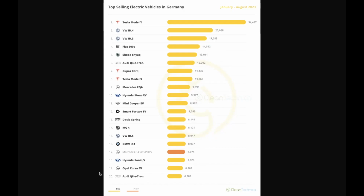You got the ID4, which is a small crossover like the Model Y. The ID3, which they don't sell in the US because it's too small. The Fiat 500e, which doesn't sell in the US because it's too small. The Skoda Enyaq, which is like a Skoda version of the ID3 or ID4, something between maybe. Yeah, it's like a VW Golf type size vehicle. So you can see the Germans, despite all their wealth, are quite happy to buy smaller vehicles,